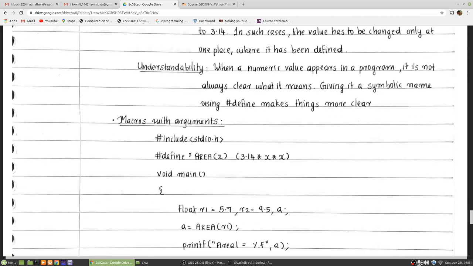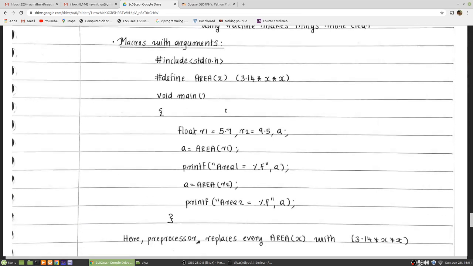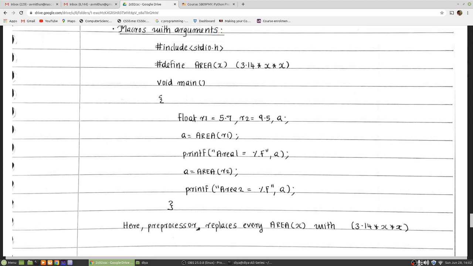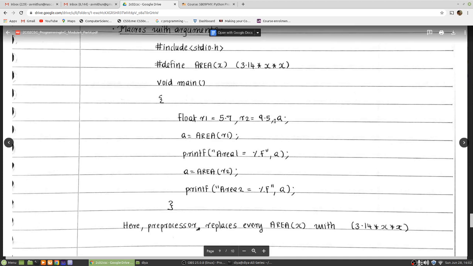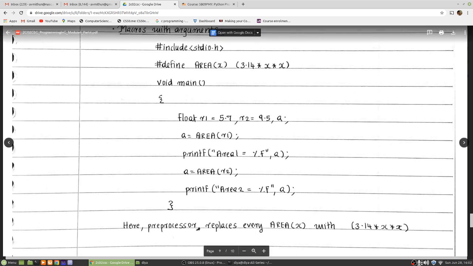And in another way, this hash define can take some arguments. Let's see this example. Hash define AREA(x) 3.14 into x into x. In this example, this part is the macro template and this part is the macro expansion. Let's see how it has been used in our program. The first line is a declaration of 3 variables, R1 = 5.7, R2 = 9.5 and A. And A is equal to AREA(R1).